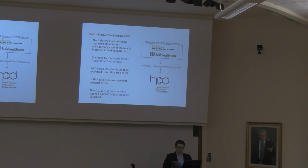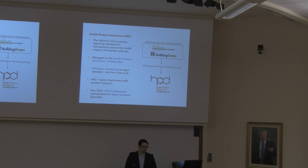When it comes to Healthy Building Network and their collaboration with another group, BuildingGreen, they created a materials research collaborative, and back in 2004, 2005, this was a really innovative thing. No one had really looked at this yet. And they eventually